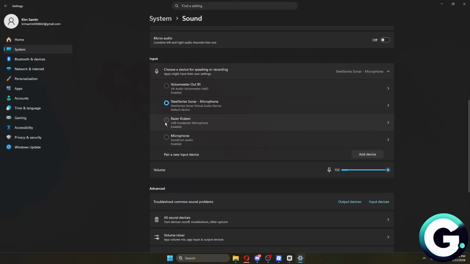But in your case, you just want to click on the Razer Kraken, making sure that it is currently in use. From here, you just want to make sure that your volume slider is actually turned up. This will enable sounds for our microphone. So heading back over to our input settings, click on it,